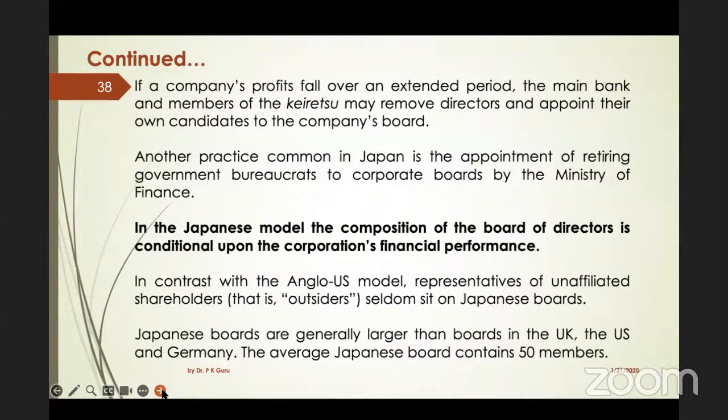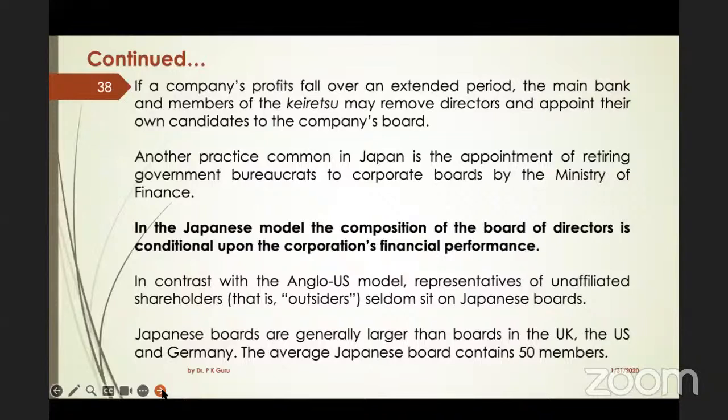Like in India, our Ministry of Company Affairs, MCA, can take over a company in case it defaults or becomes an NPA or there are some irregularities. There have been cases like Satyam Computers, which was taken over and then handed over to Mahindra Tech. Similarly, the management of Yes Bank was also taken over because of a financial crisis, and Mr. Rana and all who were managing the bank were removed.